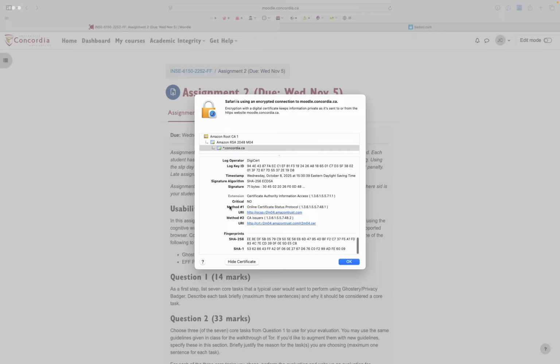So it's right here. And then there's a URL. You can see the URL is .amazontrust.com. Amazon is the certificate authority that issued the certificate. Okay. So what my computer did before it loaded this website and showed me the lock is it pinged this